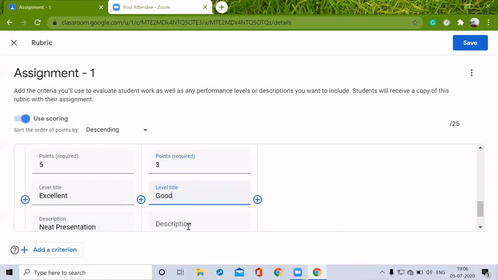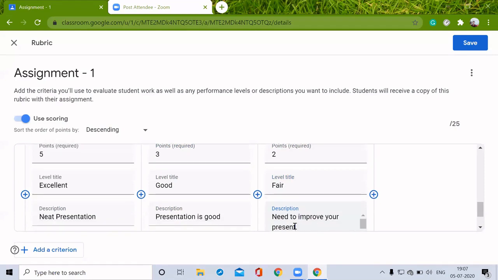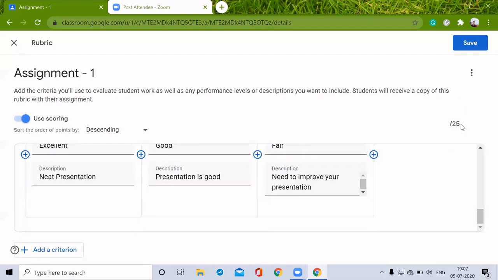Good. Presentation is good. And in level 3, I'm just giving 2 points. Fair. Need to improve your presentation. So I have allotted 25 points for this assignment.